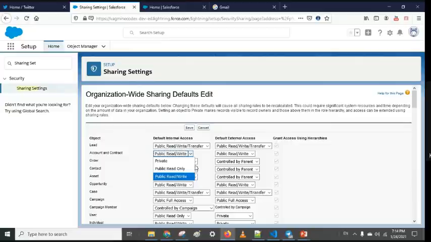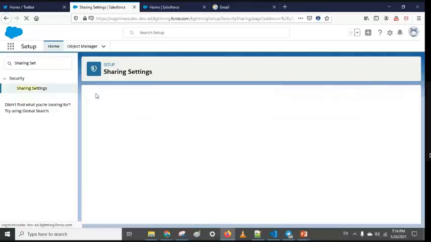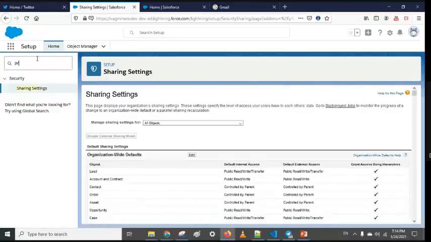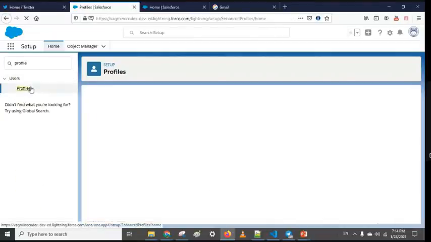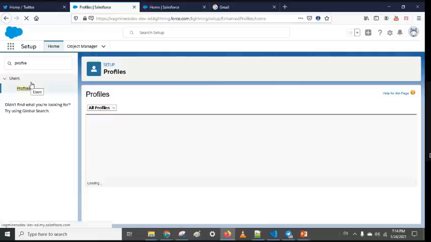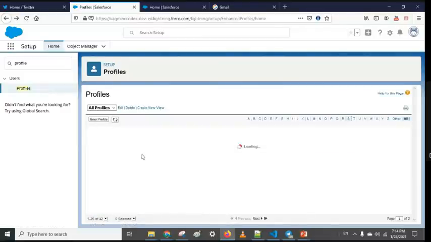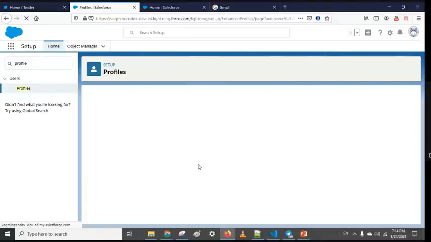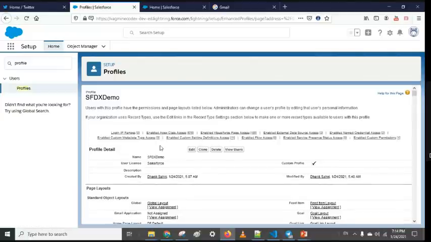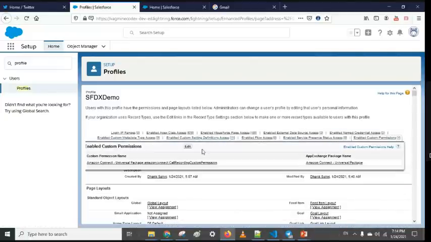So, sir, when we are creating a permission set, can we assign only on the user level, or can we also assign on the profile level? Profile level, one second. Let's go in the profile itself. Now you can see whatever permission sets we have, we have these settings only.